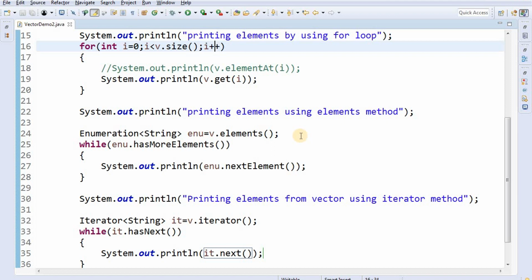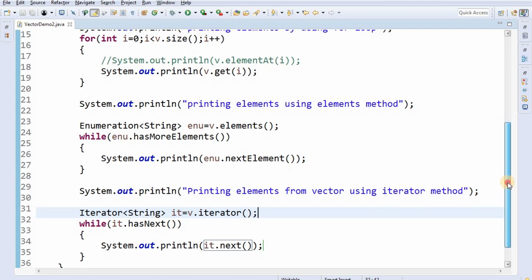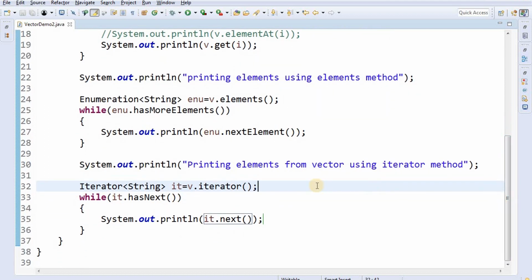In this Enumeration object, we have the hasMoreElements method, which returns a boolean expression, and the nextElement method to get the next element of the Enumeration. The third technique is calling the iterator method from the vector, which returns an Iterator interface. In that we have two methods, hasNext as well as next. These three techniques are used to get the elements from the vector.